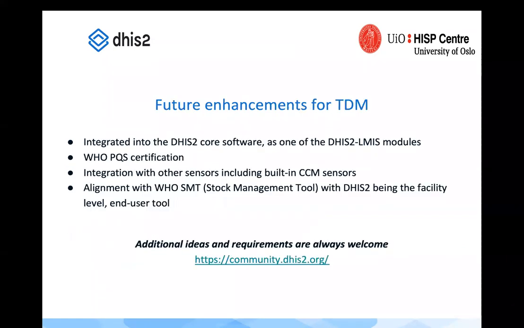So on to the last slide. So then for the future, the previous slide, thanks. So for future enhancements, it would really be confirming the viability of this use case with this pilot, and then incorporating this as a core piece of software, which is natively supported by DHIS2, which is then part of all future updates, making it a dedicated module within the Capture app, perhaps working towards PQS certification,